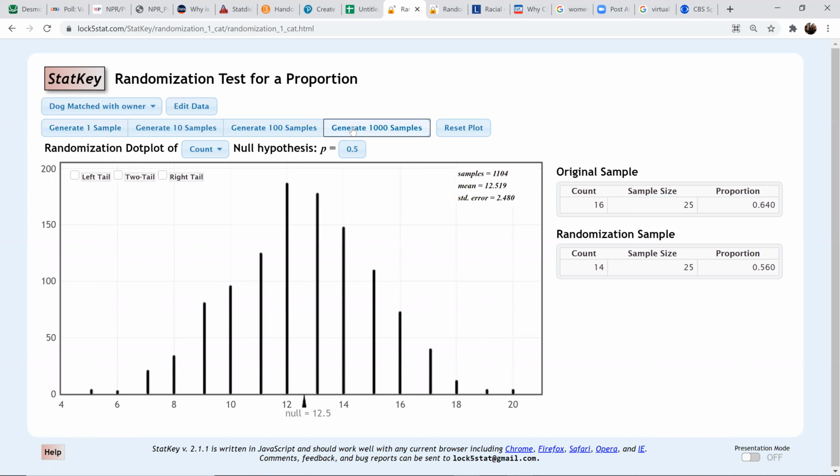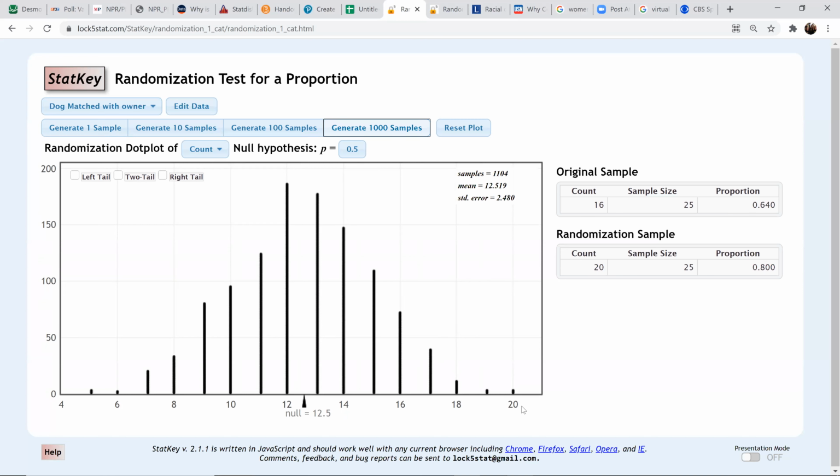So there we go. Now we're starting to get some pretty interesting data here. I've got 1,104 samples personally. You might have a slightly different number. That's okay. All of these come from flipping a fair coin 25 times. At what point would you say, you know what, I just don't think that you can get 18 heads out of 25 by flipping a fair coin? Or maybe you set the boundary at 19 or 20 or whatever you want.